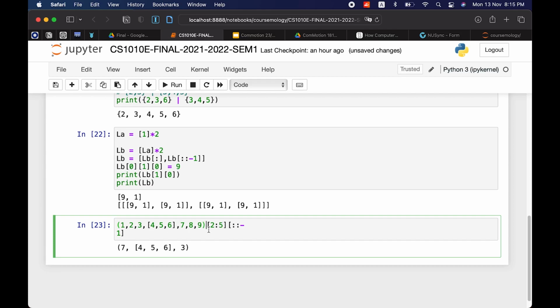So we want to slice it into 2, 5. So we start at index 2. So 1, 2. So I'll start from here and then go all the way to index 5, but not including it. So 2, 3, 4. You get this. Then we reverse it. So get this off.